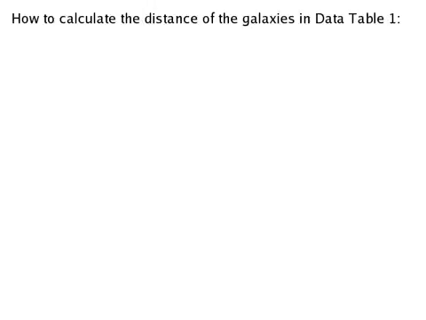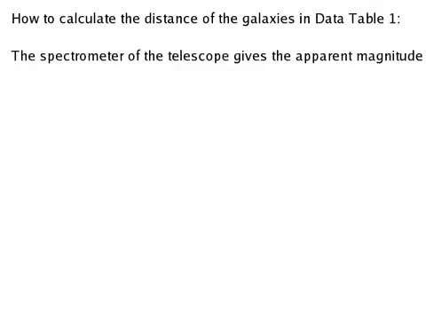Let me just write that out. So the spectrometer of the telescope gives the apparent magnitude and the wavelength of the calcium K and H